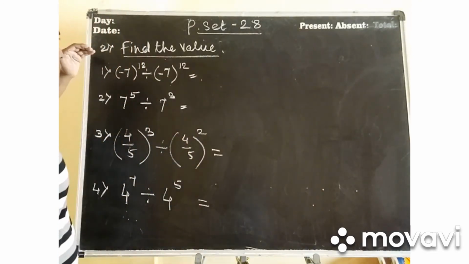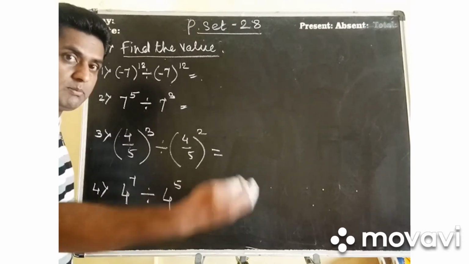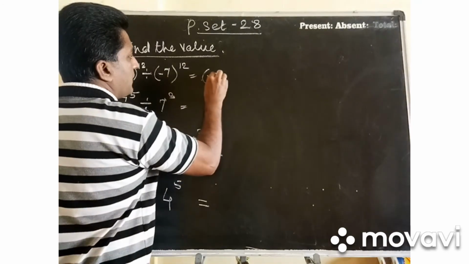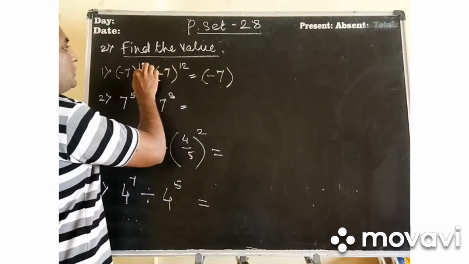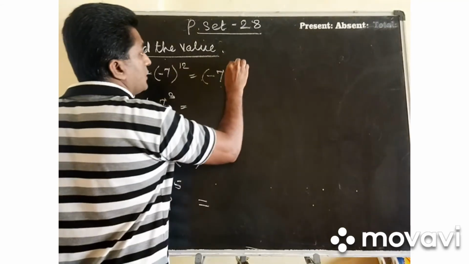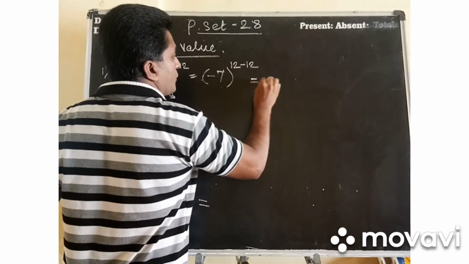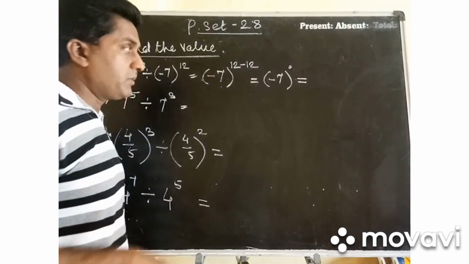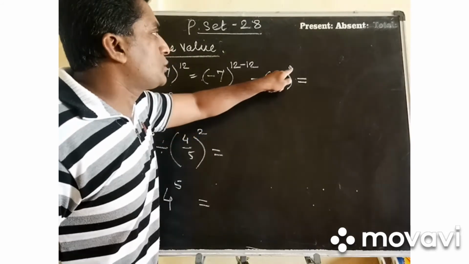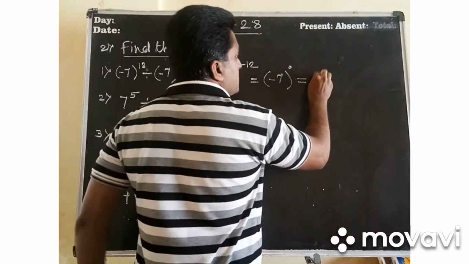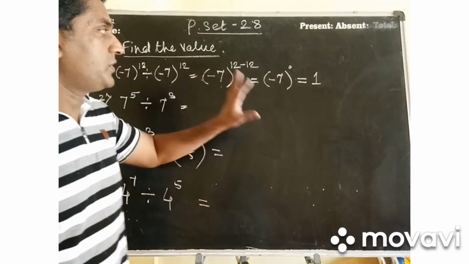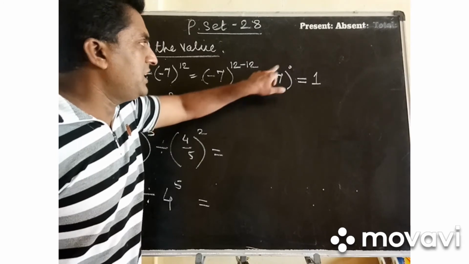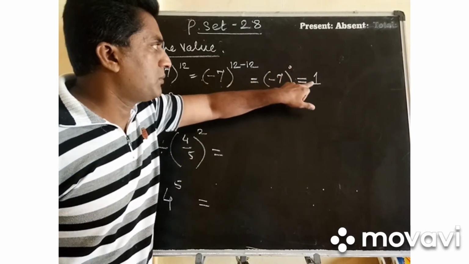Now let us start with question number 2. In this question number 2, the same method and the same formula is there. Negative 7, negative 7. So only one time I am writing negative 7. Upside 12 and 12, because division is there. 12 minus 12 is equal to minus 7 raised to 0. Already I showed you in the previous sum. Whenever any number is raised to 0, compulsorily it has to be 1 only. Law of indices says that if in the index 0 comes, then any base raised to 0, the answer must be 1.